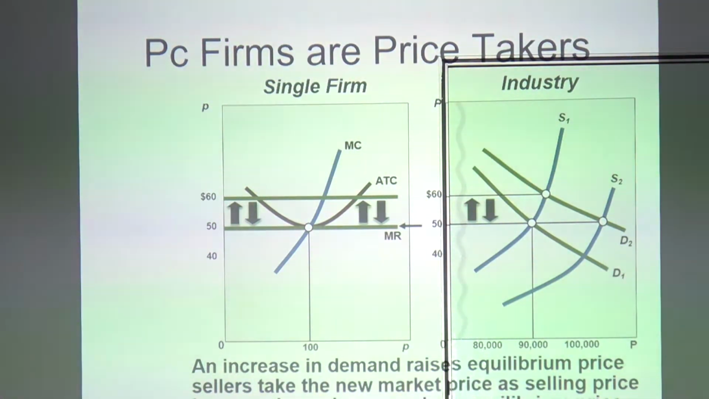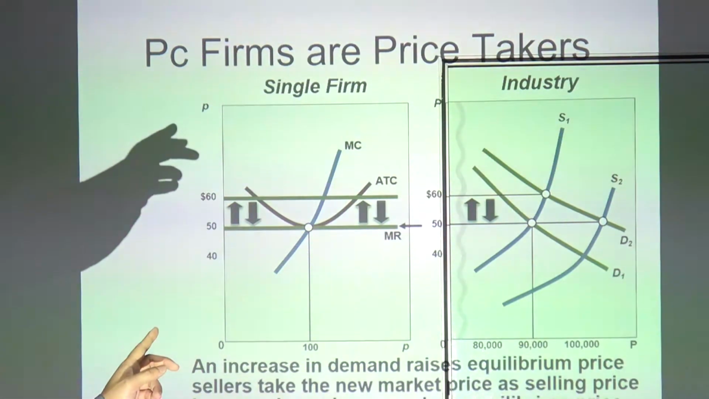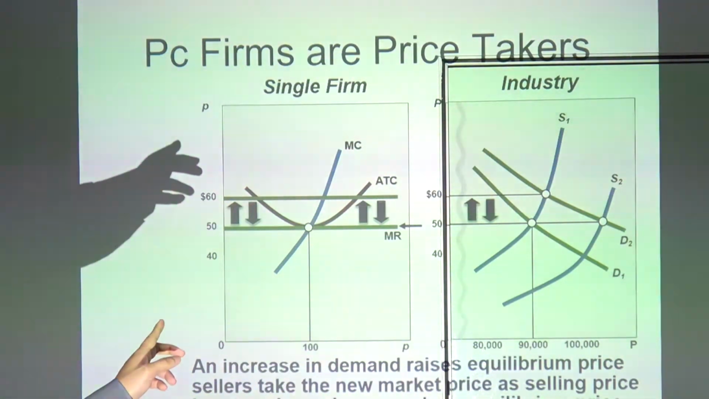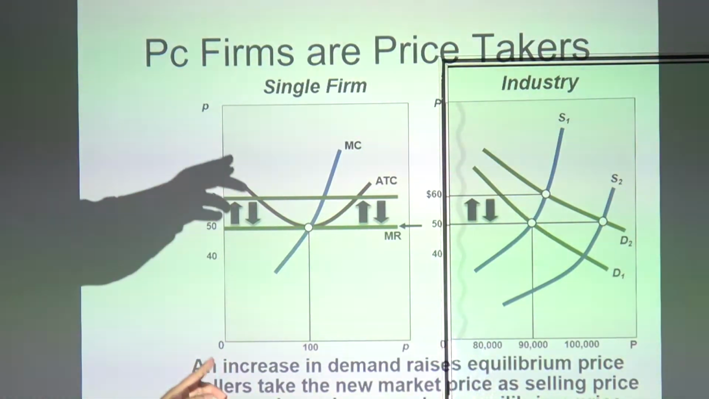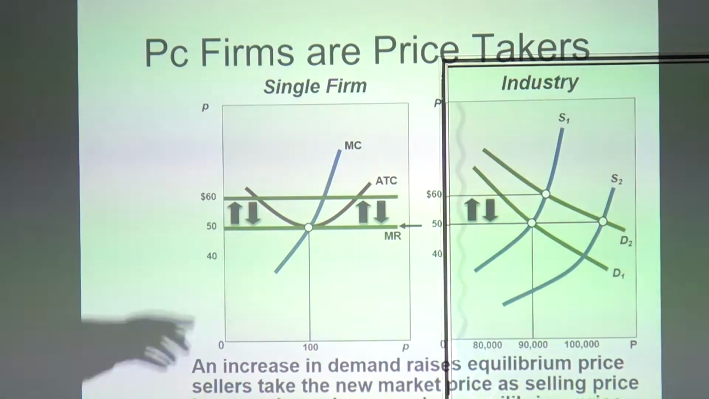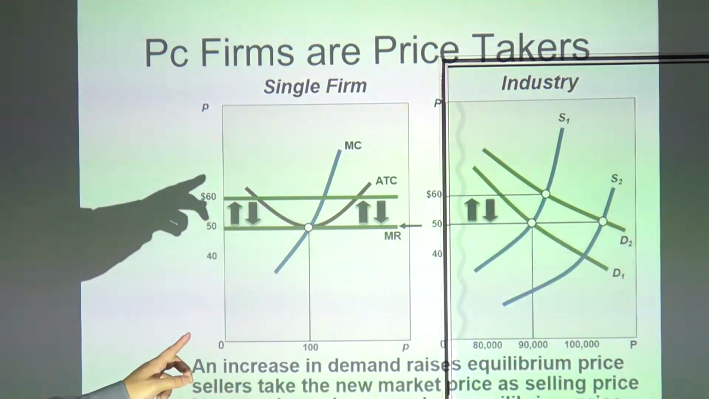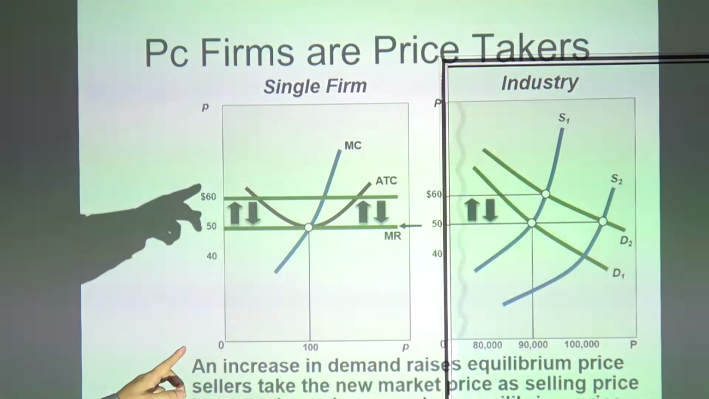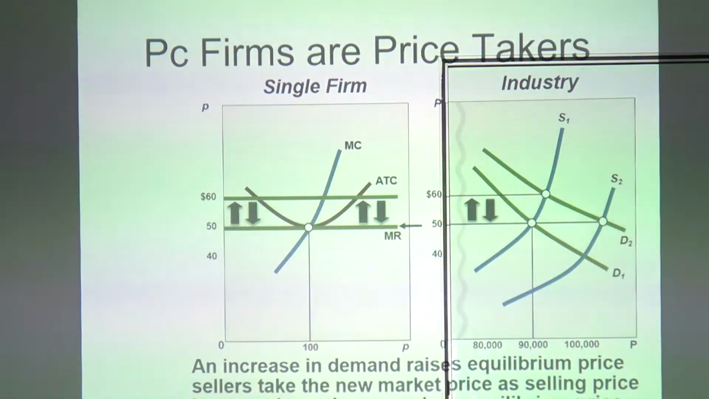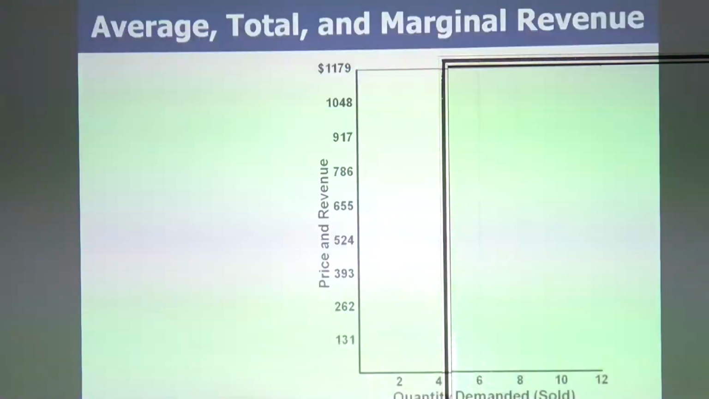For example, in this diagram, the market equilibrium price is $50. So market demand and market supply resulted in the market equilibrium price of $50. So the firm will take the market equilibrium price of $50 as its selling price. If, for example, there is an increase in the market demand,